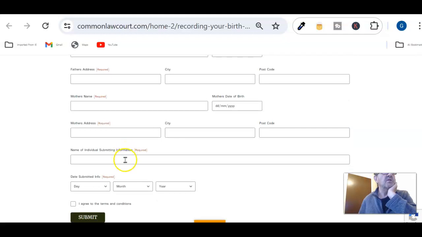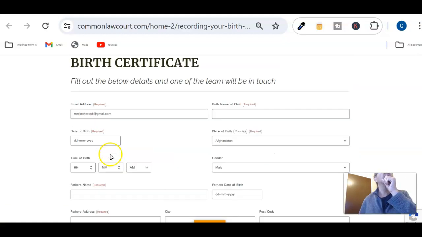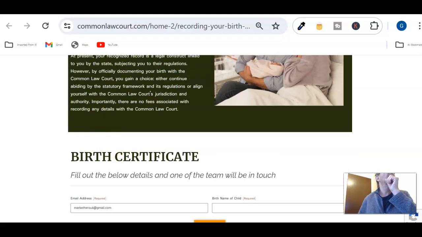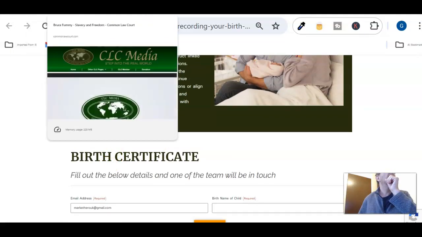Name of individual, that's yourself. The day you submitted it, that's the day you complete the form. So that will be the first one, okay? If we go back,